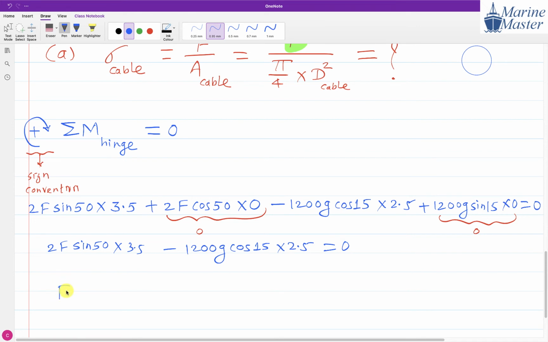So how much F will we have? F is equal to 1200g cos 15 into 2.5, divided by